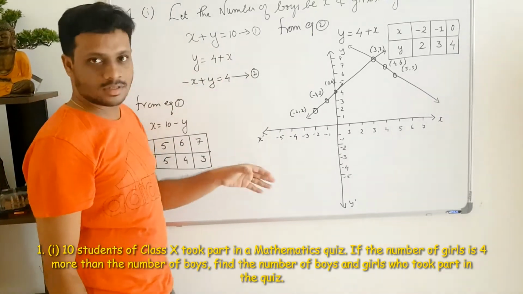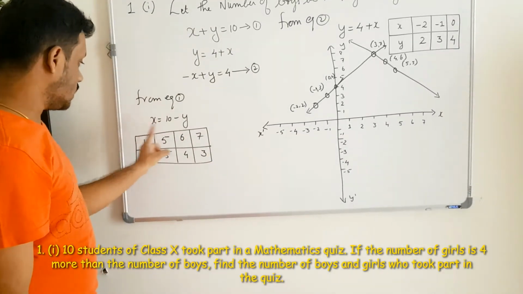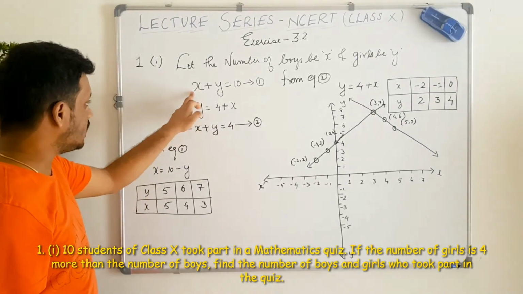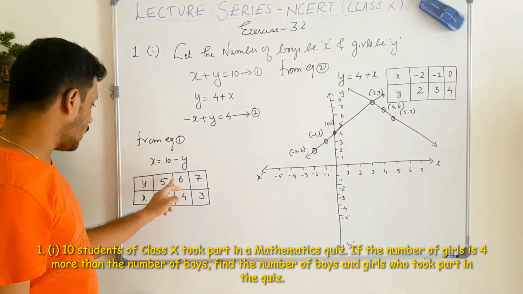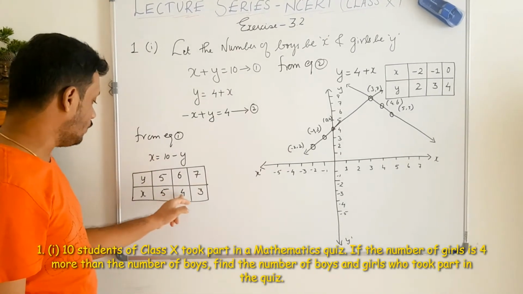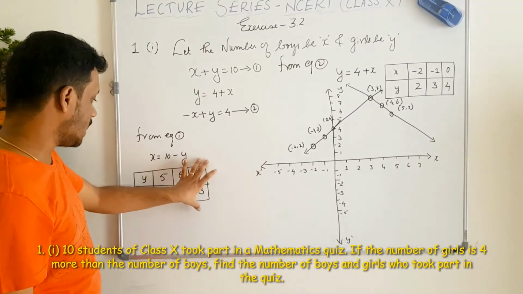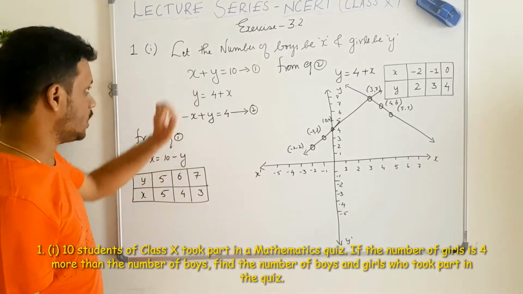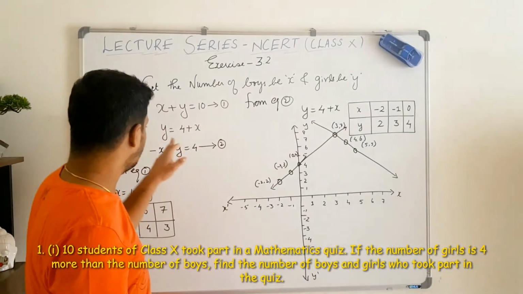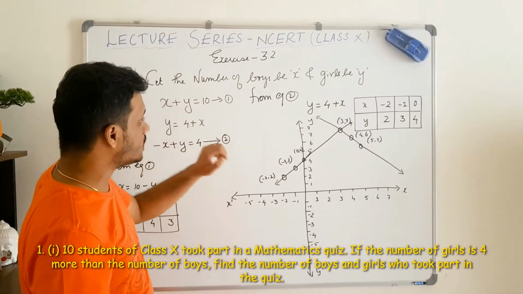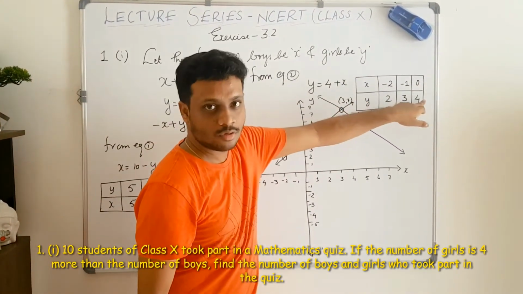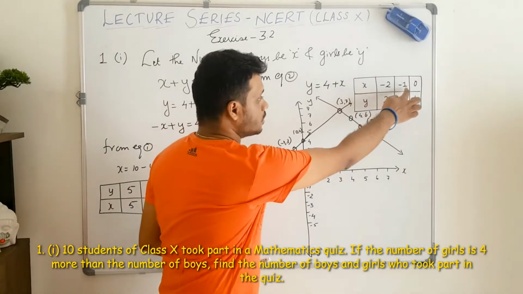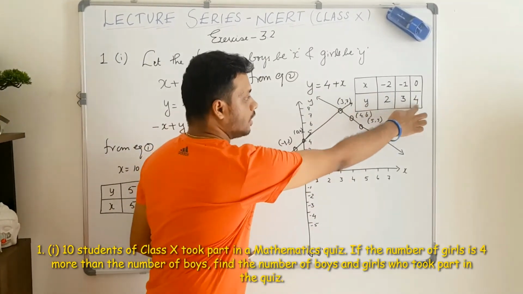And since we have to solve this graphically, I have taken the first equation and I have framed the table. From here I have isolated x and taken y to the other side. So my x is 10 minus y. When I substitute 5, 6 and 7 for y, I get 5, 4 and 3 for my x. So first I have 3 points for my first equation. Now I go to the second equation, which is y is equal to 4 plus x, and I am substituting different values of x to obtain the values of y. I have substituted minus 2, minus 1 and 0, and I have got 2, 3 and 4 as the